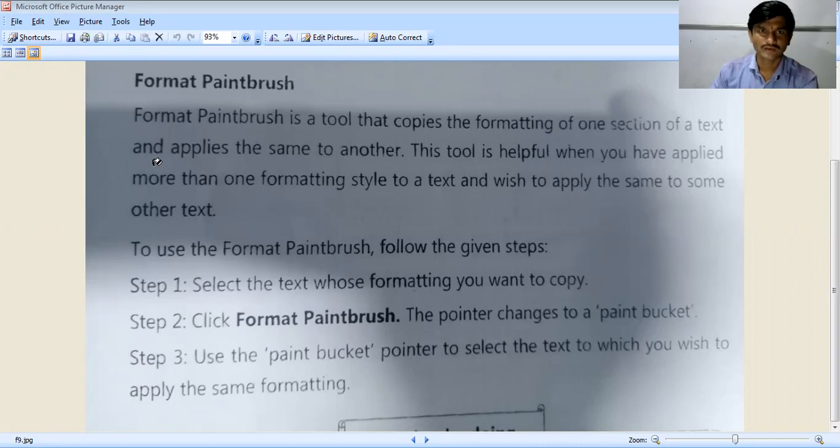Suppose you want to select a color for this. You have to choose the color from here. First of all, select this. Choose the color. See here, and click on this. You will get other colors also. See here, I have put the same color here. Also, you can use this text in red color. See, this is the format paintbrush.